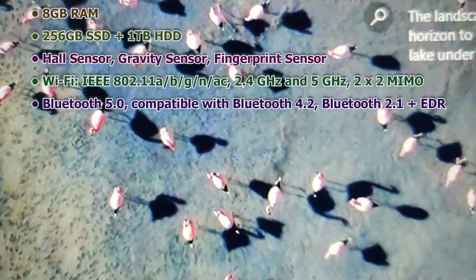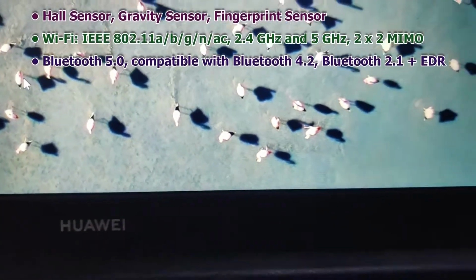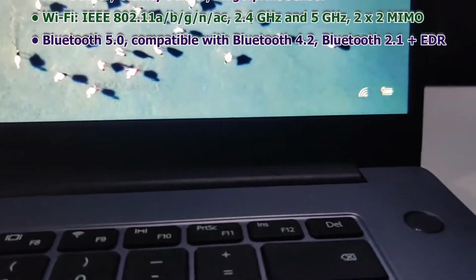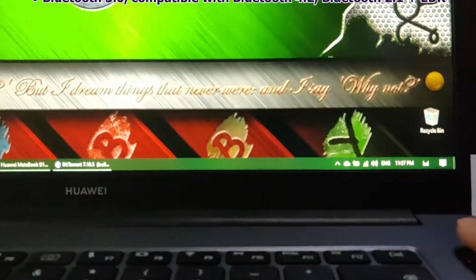Just a disclaimer, I have an HP EliteBook which I use for work and an Acer Nitro 5 which I handed down to my son. They have the same specs as D15, so I might be comparing those two with D15 from time to time